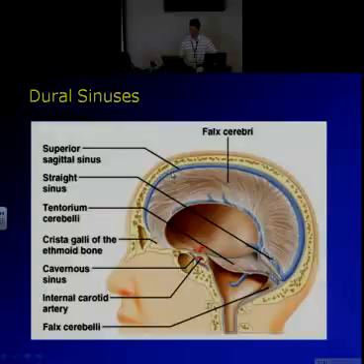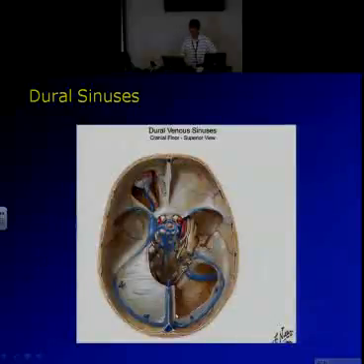So this is the return of not only the blood itself that's going through the CNS capillaries and back, but also the CSF fluid is getting reabsorbed back into these pathways. So all of that fluid eventually is making its merry way down, gets to this piece here, this straight sinus, and then you need to go a little bit more vertical where it comes along the transverse sinus and eventually